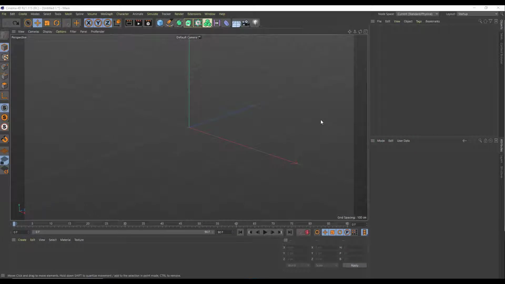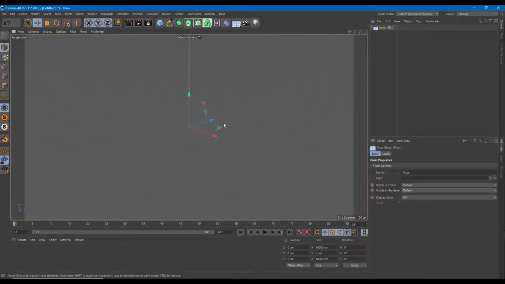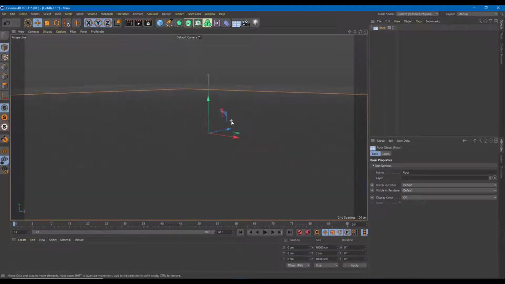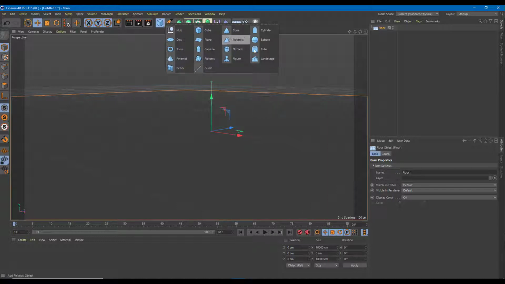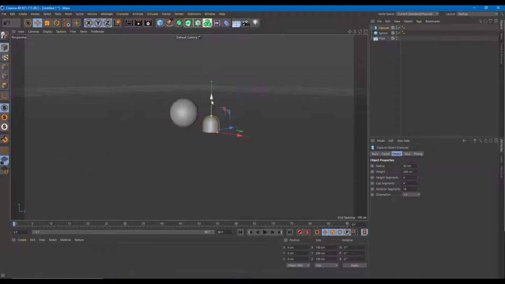So now let's work with HDRi lighting inside of Cinema 4D. To work with the HDRi lighting, let me just bring in a floor right here, which is going to be acting as a base, and I'm going to bring in a sphere to demonstrate how HDRi lighting works. I'm also going to bring in some other objects right over here, like this capsule right here,